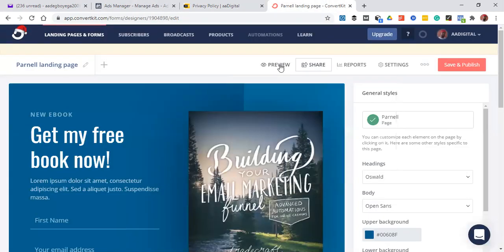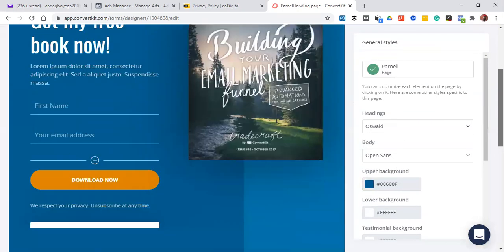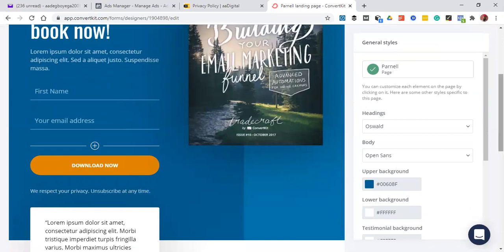Let's view this page. It shouldn't be there. When we were creating that one, we didn't save, that's why this building your email marketing is showing. Do you understand? They will put in their name and their email. Then immediately they click, download now. It will go into the emailing list that we created before. That emailing list will then automate it. So that's how we do email marketing.